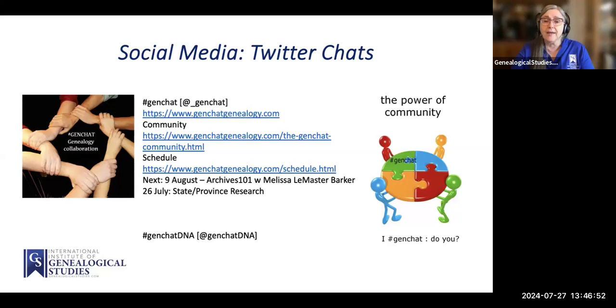a group. And even if you miss it on a Friday night, you can go in Saturday morning or 2 weeks ago or a month ago. They're all there. You just search for GenChat, all one word, and you can find them. If you want to go directly to the account, it's x.com/_GenChat, and that will take you to their account, and you can see all of the topics and you can